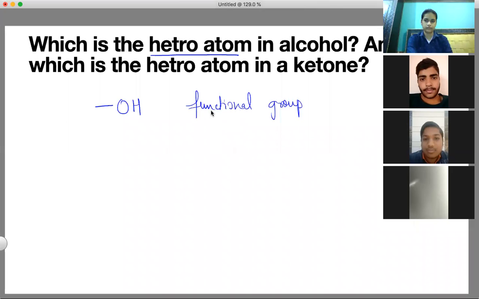So OH hydroxyl, right, is the functional group. Heteroatom का मतलब होता है atom other than carbon or hydrogen. So जो भी एटम कार्बन या हाइड्रोजन को छोड़कर ऑर्गेनिक कंपाउंड में है, उसको हेटेरोएटम कहते हैं। तो अल्कोहल्स में कौन सा हेटेरोएटम होता है? Yes, it is just oxygen, right? तो अगर हमसे हेटेरोएटम पूछा गया तो आंसर इज ऑक्सीजन, अगर फंक्शनल ग्रुप पूछा गया तो हाइड्रोक्सिल इज द आंसर, OH, तब पूरा ग्रुप आएगा।